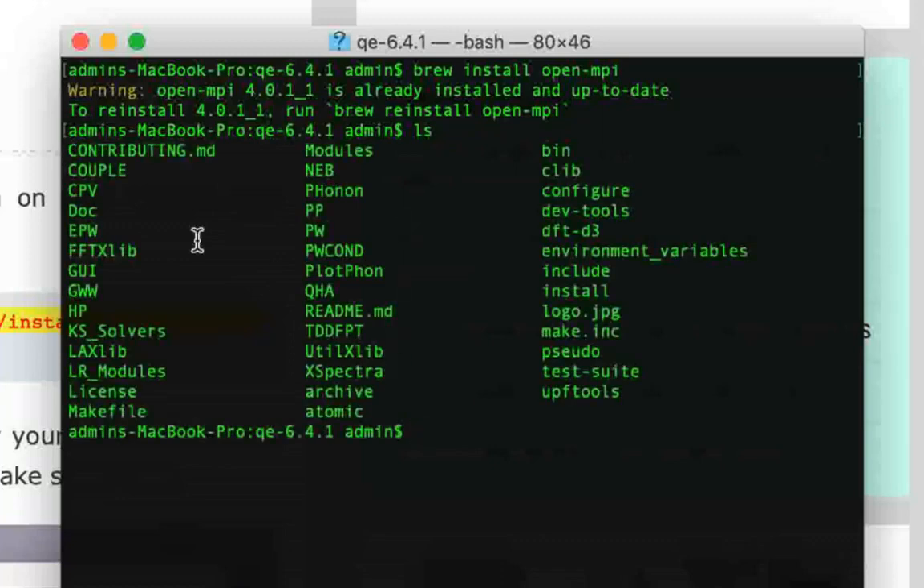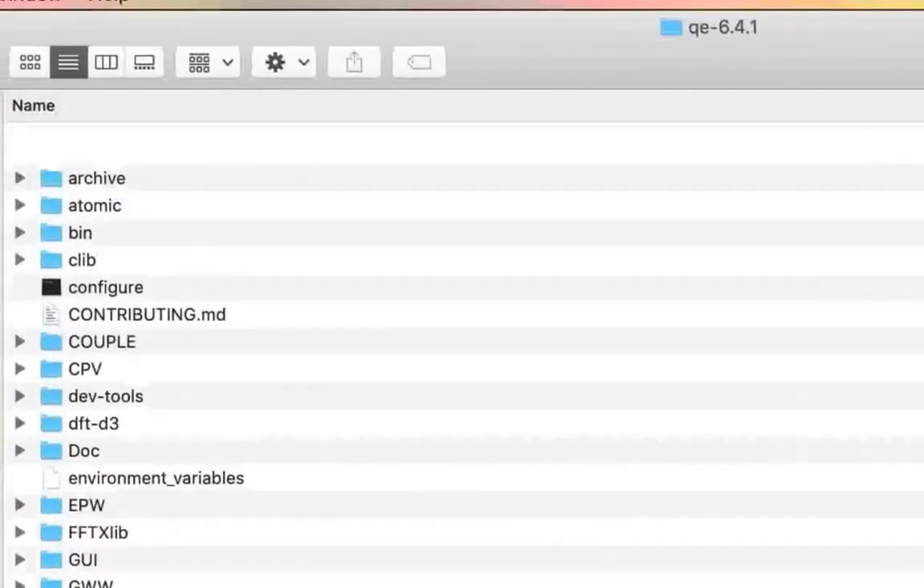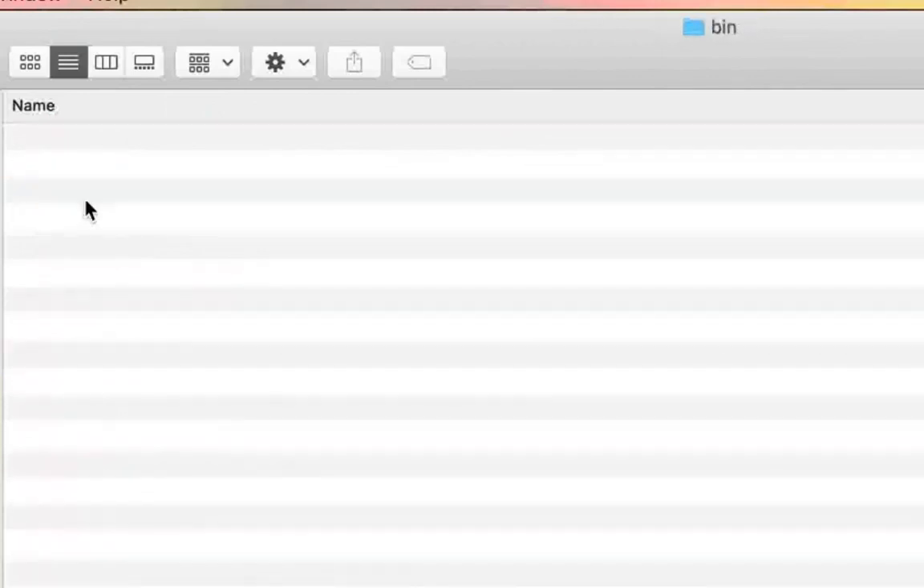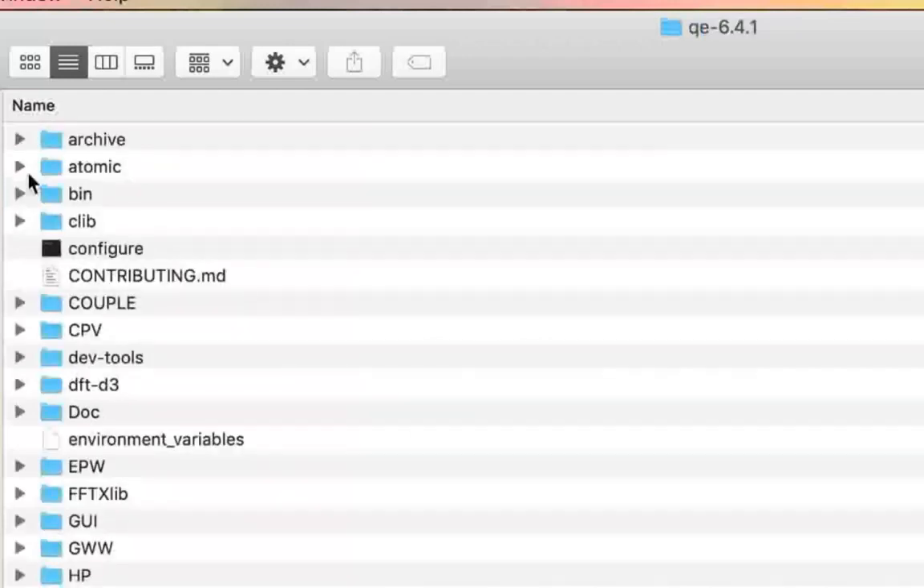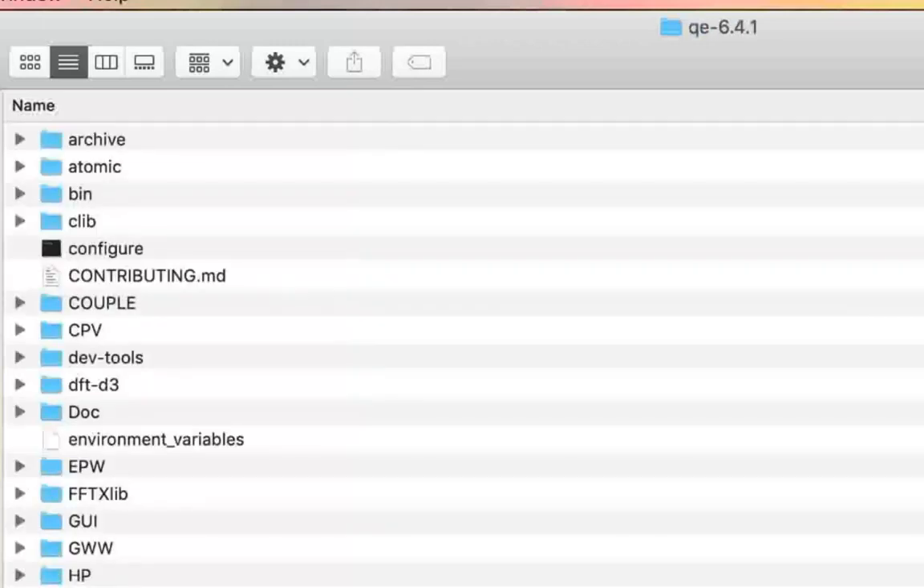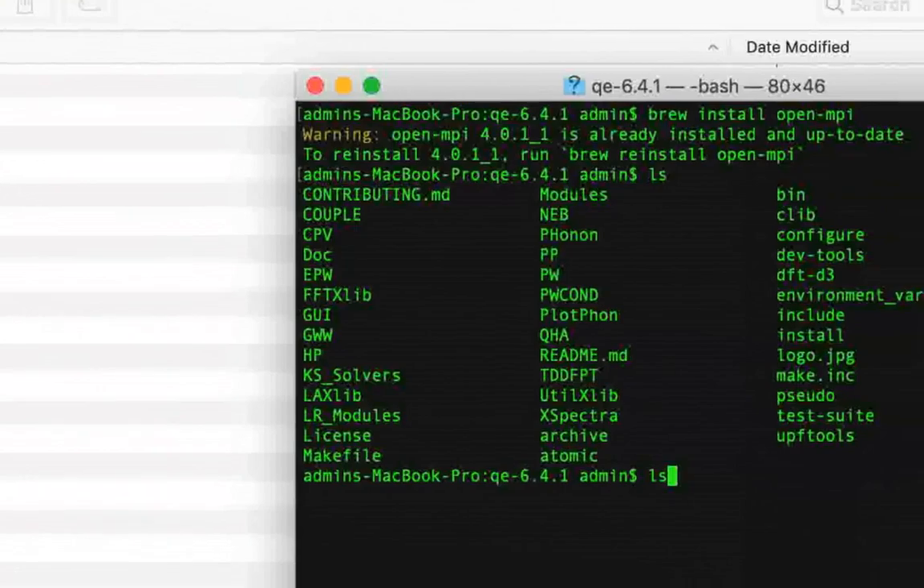These are all the contents of Quantum ESPRESSO. You can even have a look over here. If you haven't run the configure or make command yet, then your bin folder will be empty, just like mine. As you can see, the bin folder is completely empty, so we don't have any binaries installed yet. So we'll go ahead and try